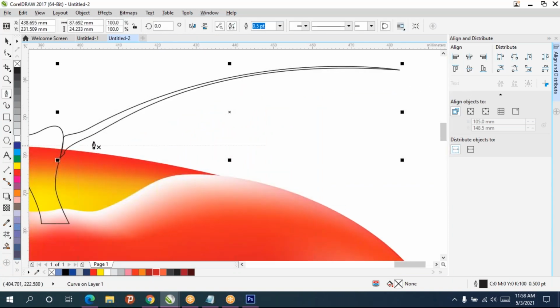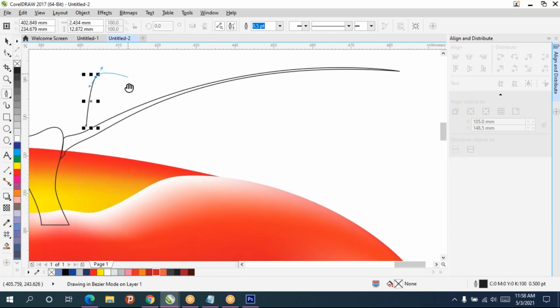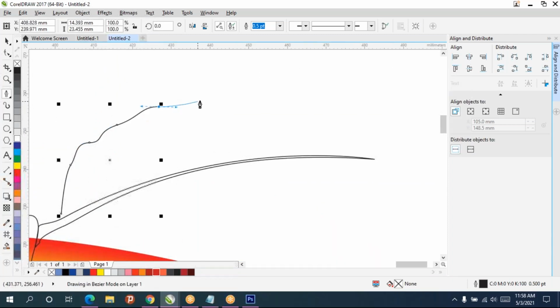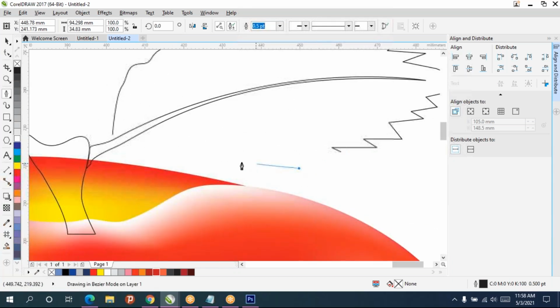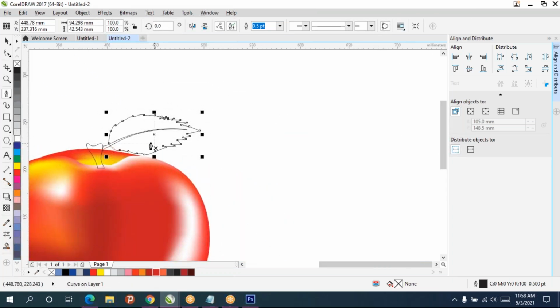Again, I'll take pen tool. So like a leaf you have to make. And give some color for that.